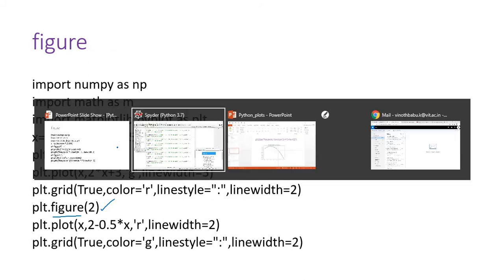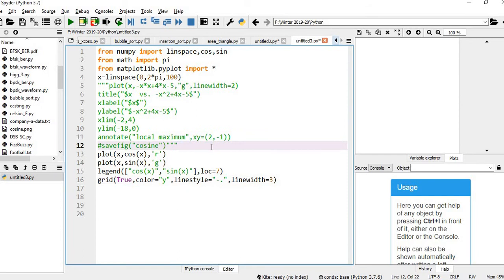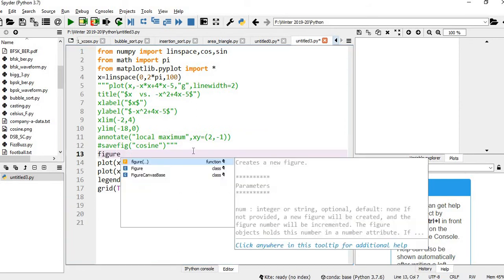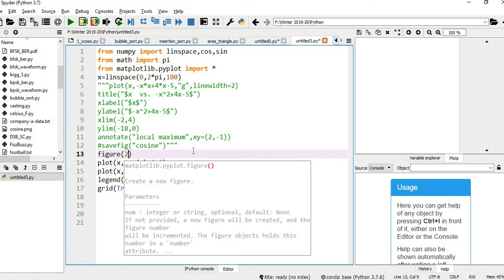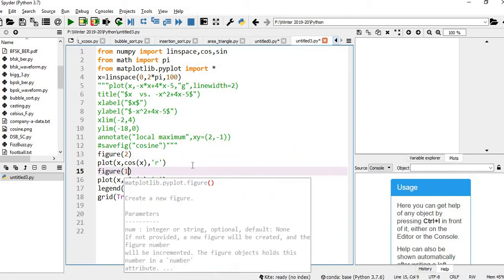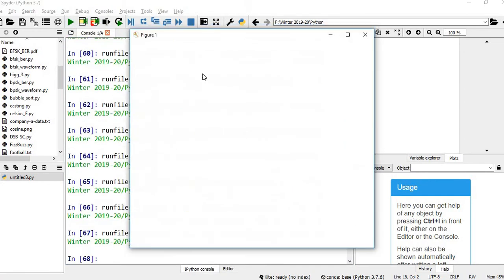So what I'm doing, before the first figure, I'm just adding figure. Say for example, I'm just giving figure 2. Then I'm just adding figure 1. I don't want this legend and all. Let me remove the grids and all. Let me execute the code.